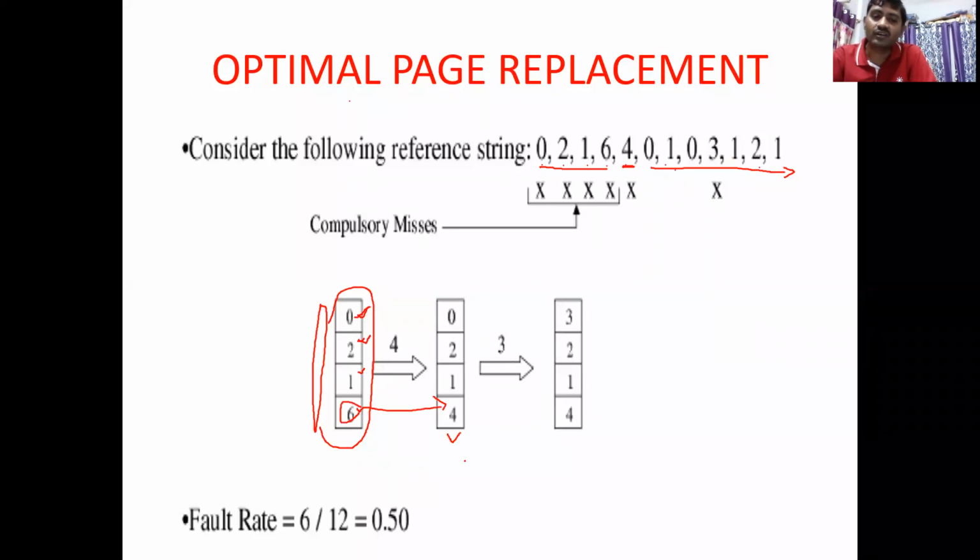Now this is your fresh page reference. In the next one, the page to enter is 0. Check whether 0 is there. Yes, it is. So then it is called a hit. I told you, when a reference is made, if it is available, then it is called a hit, and if it is not available, it is called a miss. So it is available, hit. The next one is 1. Is 1 available? Yes. The next one is 0. Is 0 available? Yes. The next one is 3. Is 3 available in these 4?